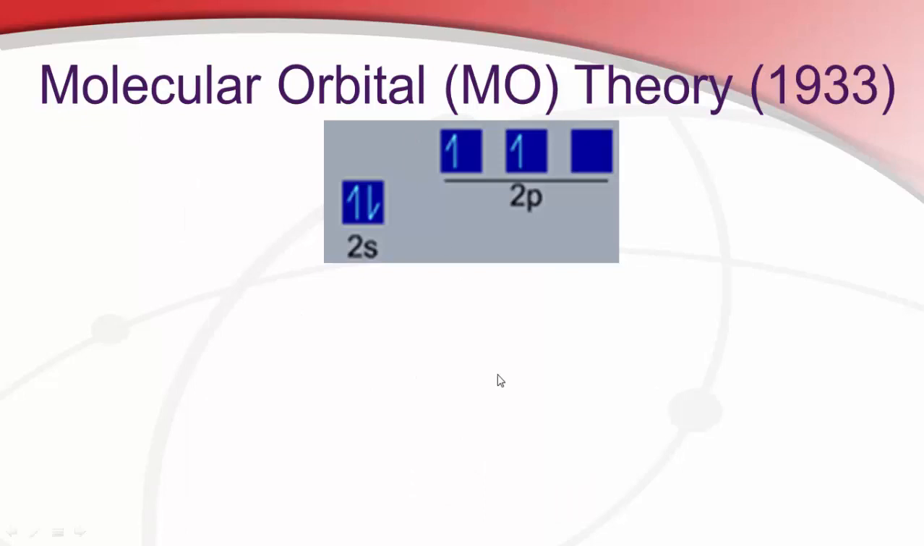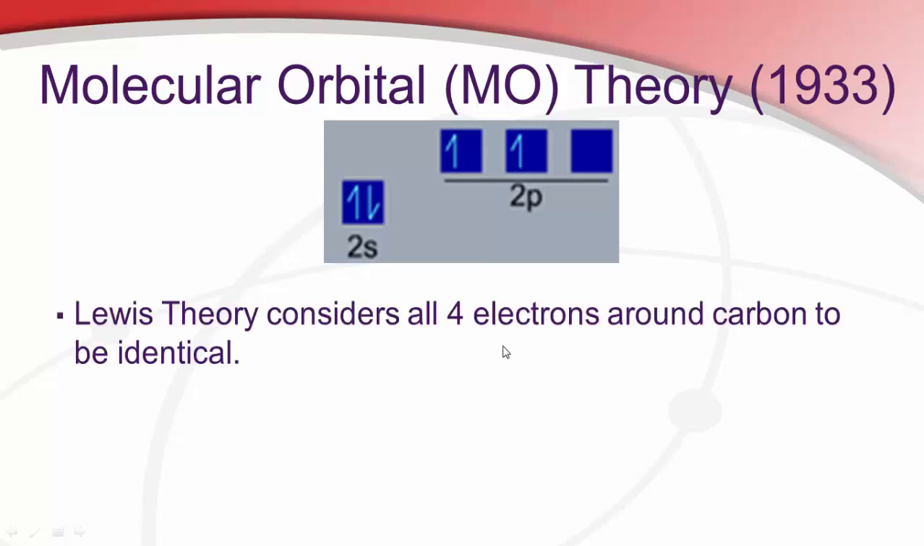Okay, so to continue with molecular orbital theory, we have one very important concept that we need to cover here, and that's to do with our friend carbon. This is one of the triumphs of valence bond and molecular orbital theory over simple Lewis structures. If we look at a Lewis structure, the Lewis structure will consider all four electrons